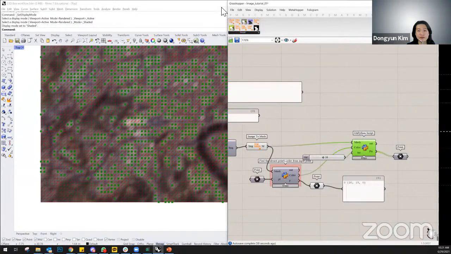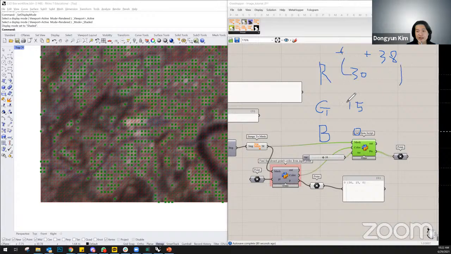As you know, there's the RGB value. So what this component is doing is that we have 30 and 50 and 0 values. And depending on the tolerance, we calculate the threshold in between all the pixels. And we just loop through all these points, the color of all the points, and then